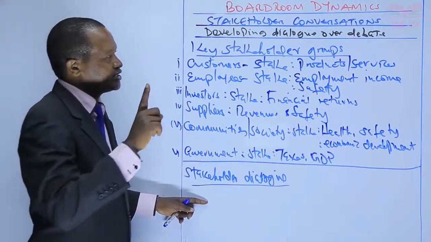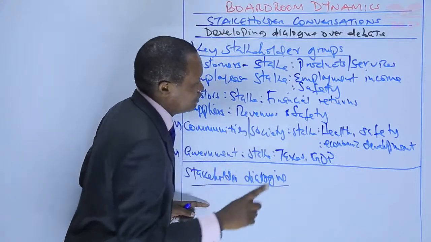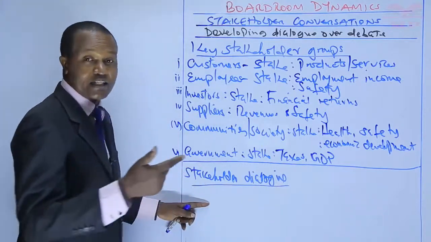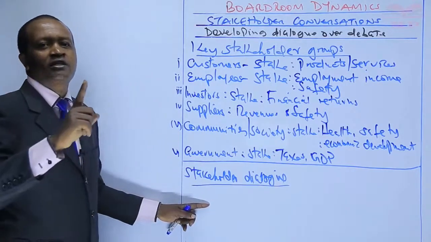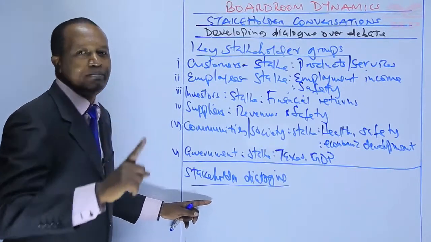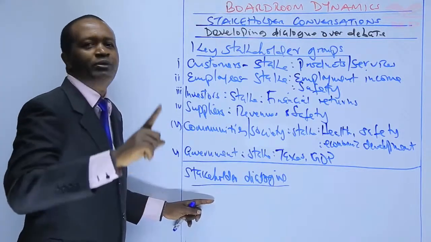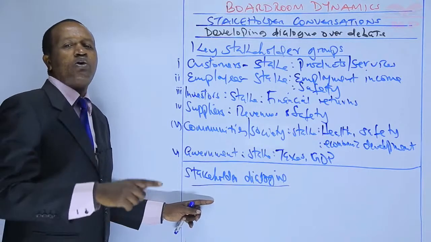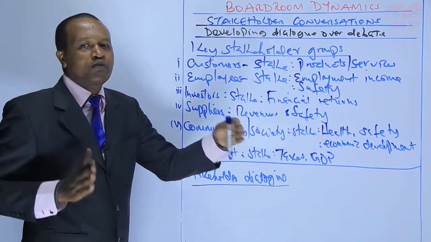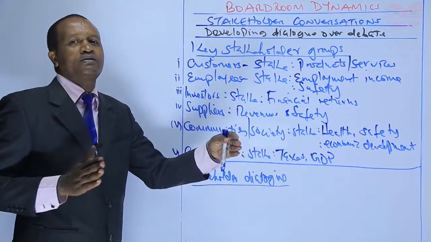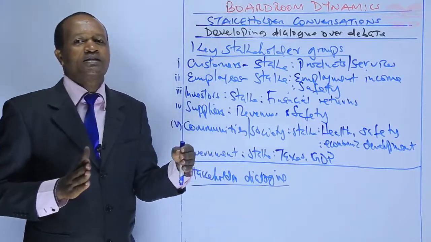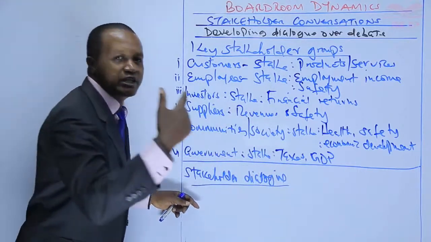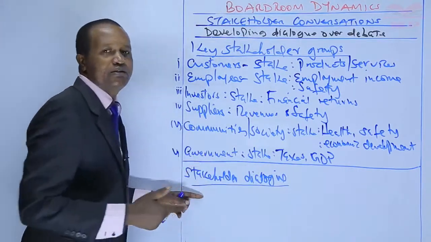As much as the company or the board may want to involve stakeholders in its operations, stakeholders need to understand that it's not a must that they be involved in all the decisions that the company makes. That all stakeholders' expectations have to be met, it's not a must, or that the company can hide behind the stakeholder dialogue. The company can also not do that.